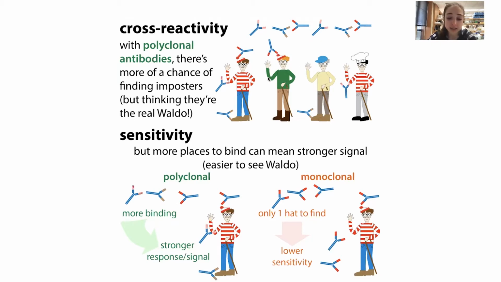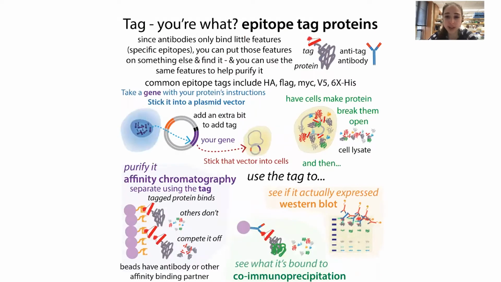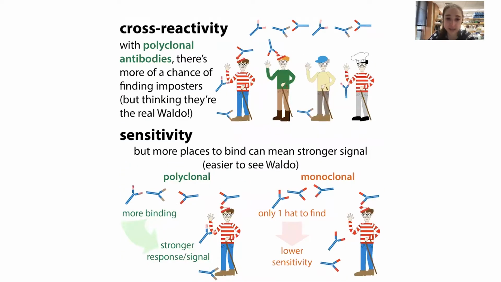We'll show later how this can actually come to our advantage if we put that hat on other things, so we can use epitope tags to tag proteins if we don't have an antibody against them. But this can be a problem if you have cross-reactivity in your antibody. On the other hand, however, if you have a monoclonal antibody that's recognizing some conserved feature, then